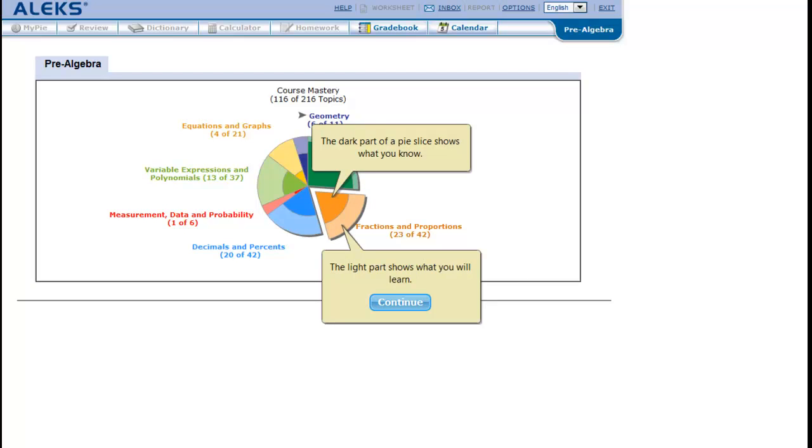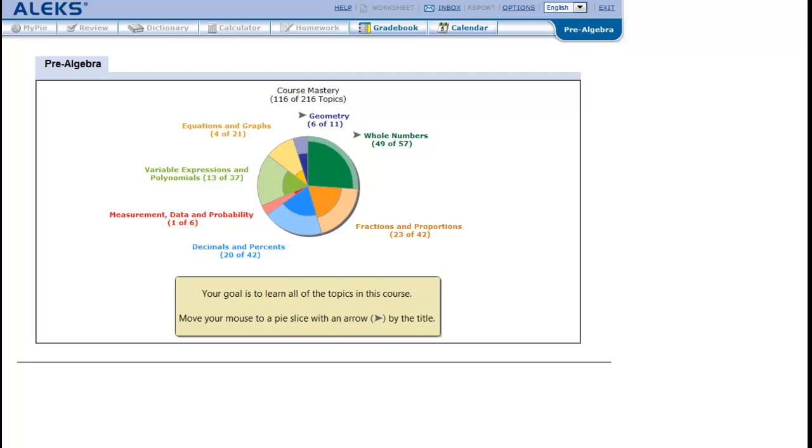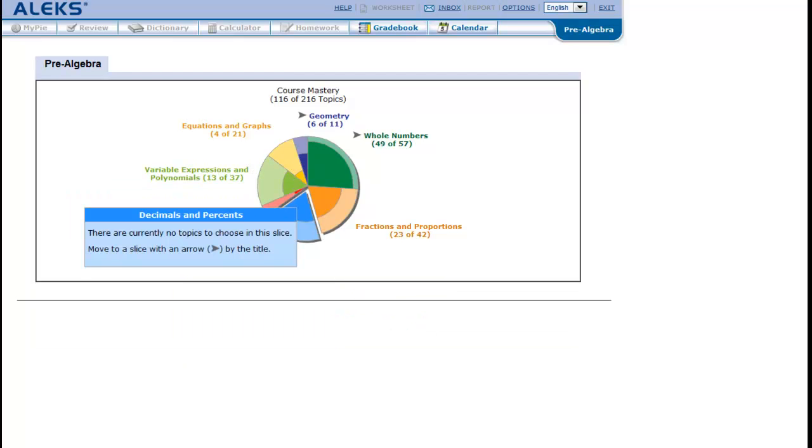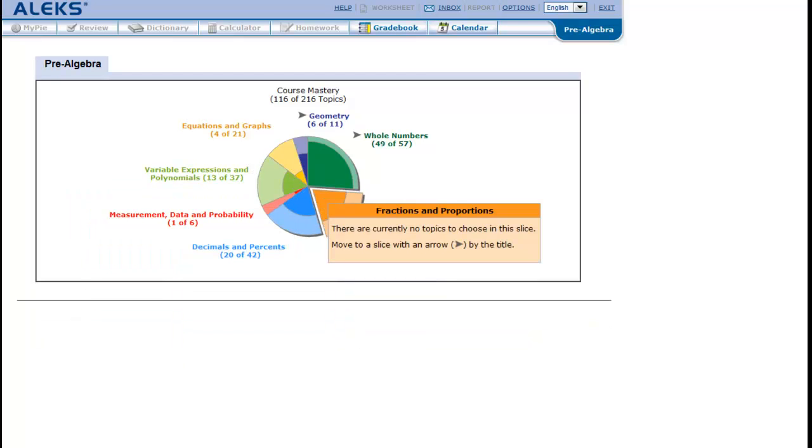So again, the darkened piece is what I know. The light piece is what I still need to learn. Okay. Your goal and your grade for ALEKS basically depends on you filling in this pie chart. Okay, each lesson that's set up in ALEKS is some portion of this pie chart. Okay, so if you hover over a section, you can see as I hover over them,